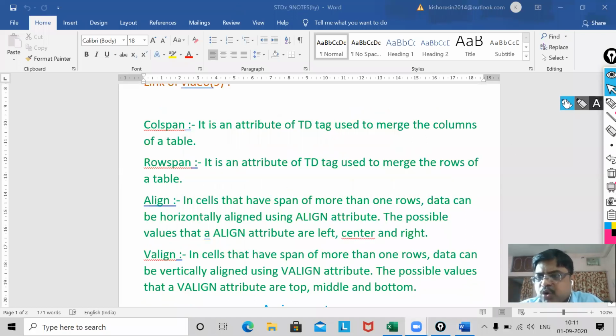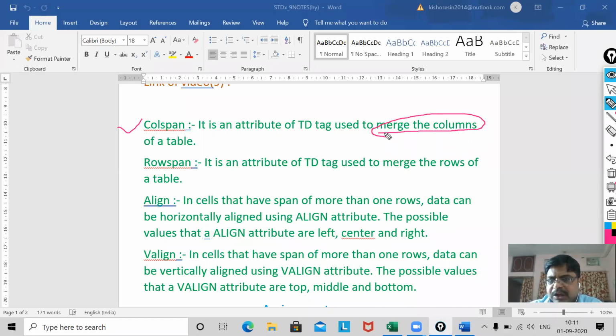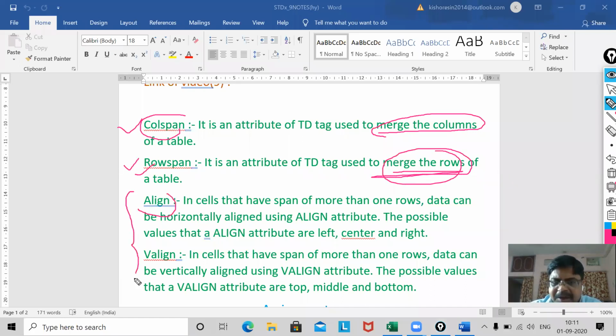First of all, you have to know colspan, merging the columns. Listen, my dear, the full form of colspan is column spanning. That is the merger of columns. If I use rowspan, then I will merge rows. Now, align. See, alignment can be done in two ways.